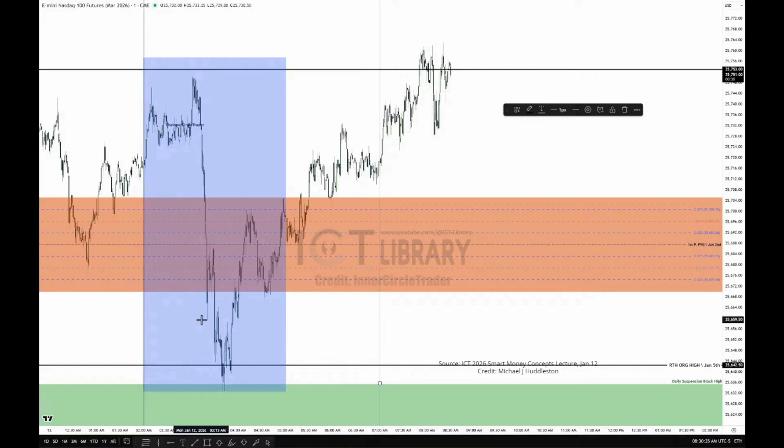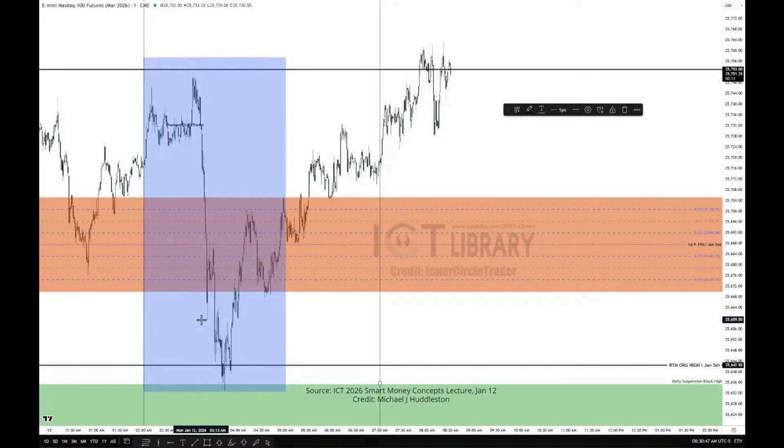Blue box is the London session opening kill zone. It's very specific because it's 2 a.m. start time and 5 a.m. close. 4 a.m. is the sweet spot. That's where your purest little runs start or begin for the setup